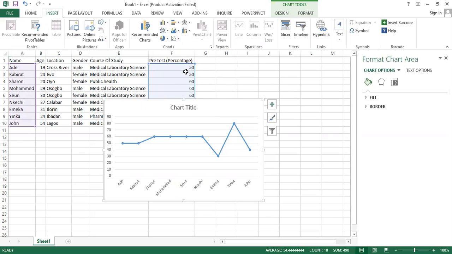You can see the person with the highest score is still Yinka. Look at it at the peak. Yinka had the highest score. Now, everybody is at equilibrium except John that has the lowest score. John had the lowest score. So basically, this is how we run. No, not John. Emeka had the lowest score. You can see it. He had 30. So basically, this is how we run a line graph and a bar chart as well as